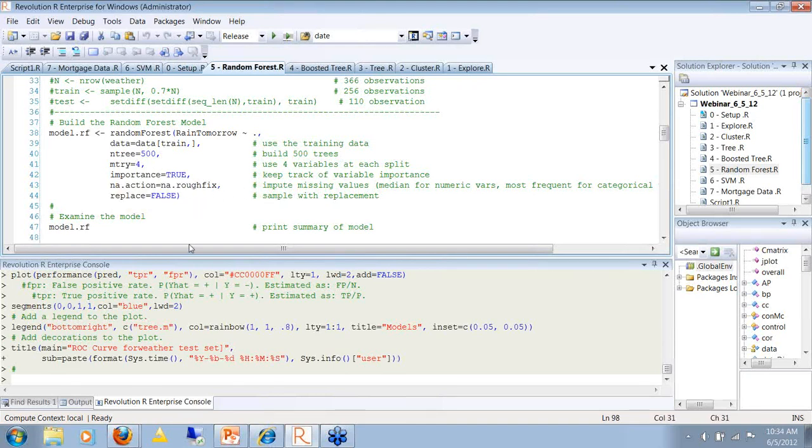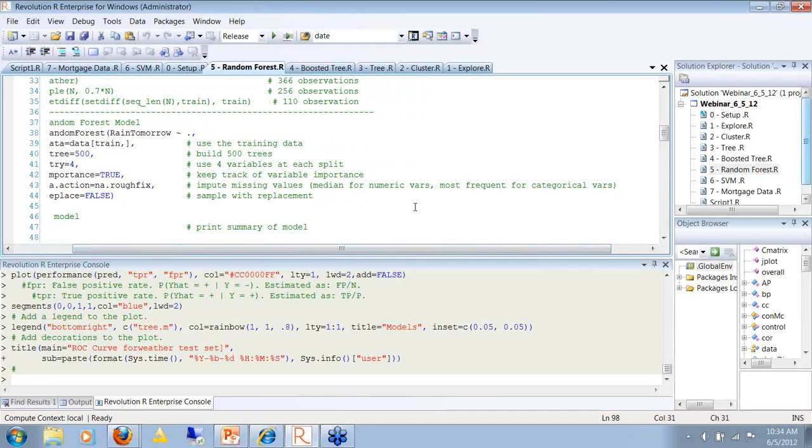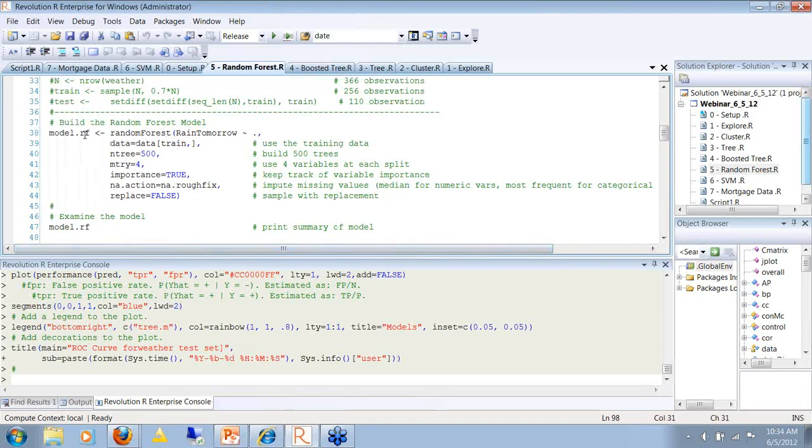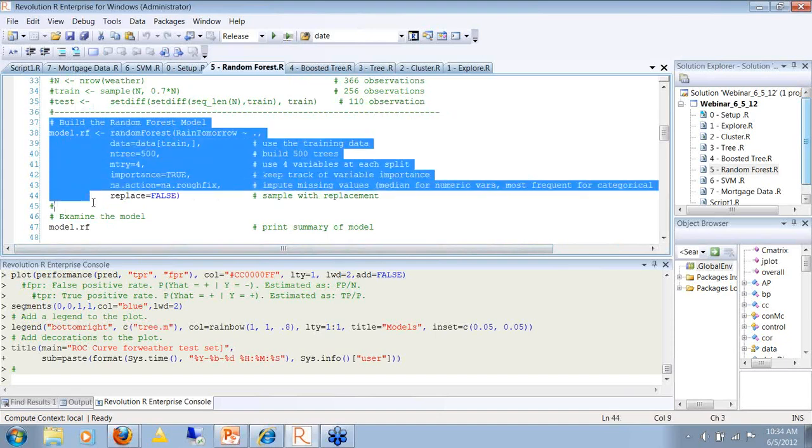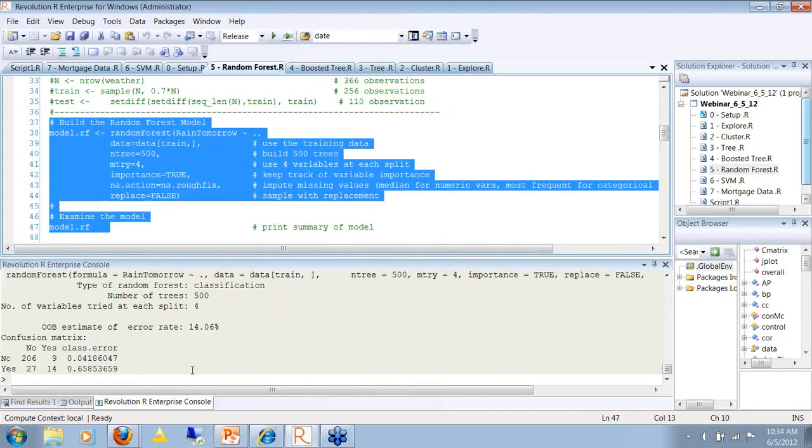It has a really nice feature, the R random forest function here. This na.roughfix indicates what action to take if you have missing values. So it's going to use the median, in this case, to impute missing values that may be there. And I'm going to run that model and get its output just by printing it out.